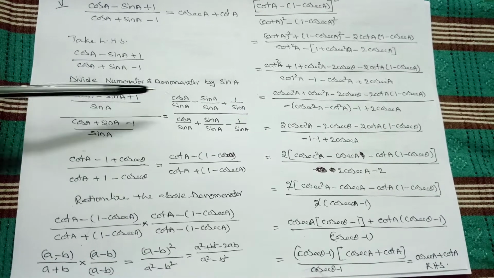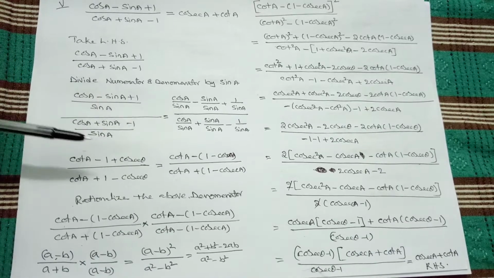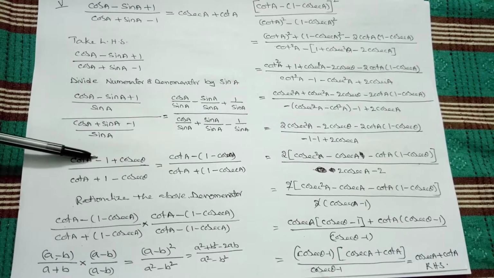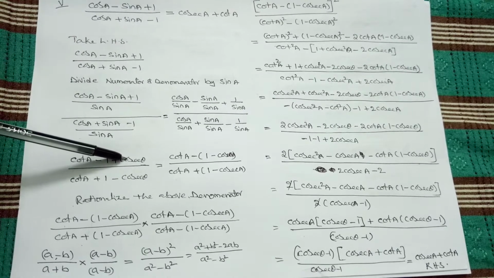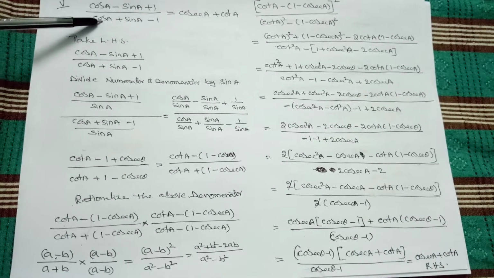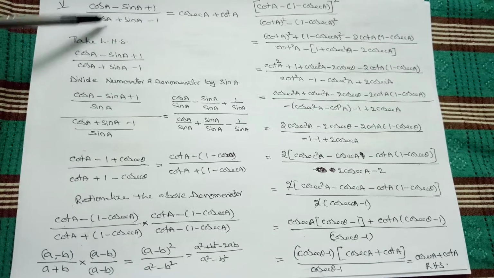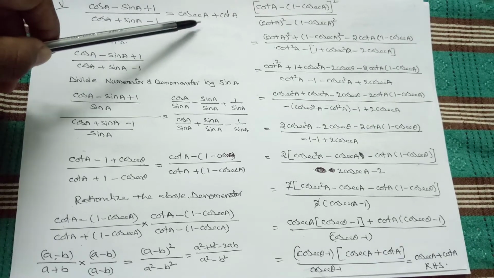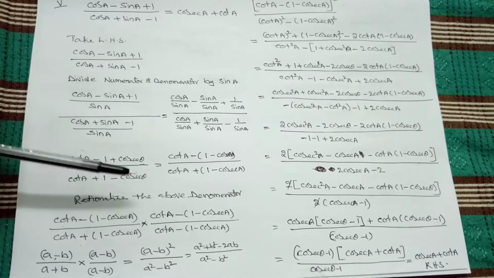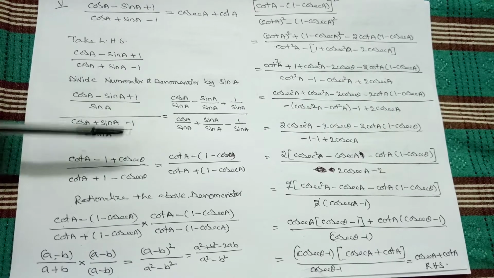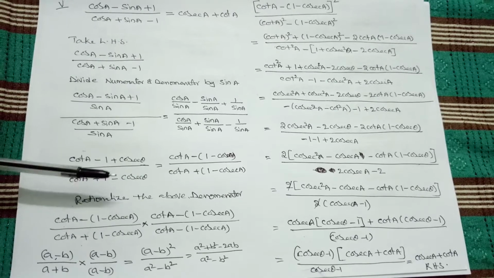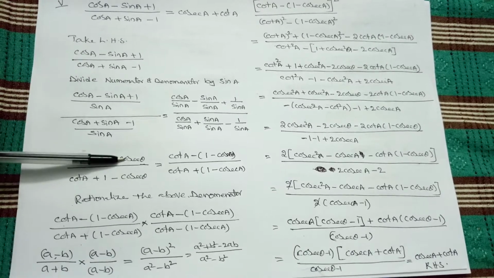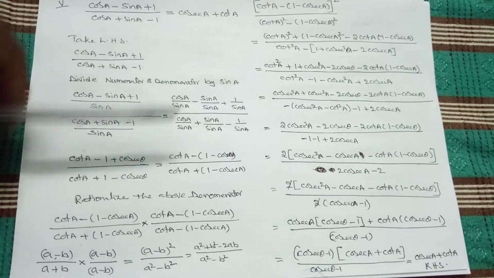Therefore, cos A by sin A is cot A, minus 1 plus cosecant A. Because sin and cos is LHS, but the answer is given in cosecant and cot. Therefore, we have to convert the LCM into the required RHS way. Now we have cot and cosec, and we have to convert into RHS.